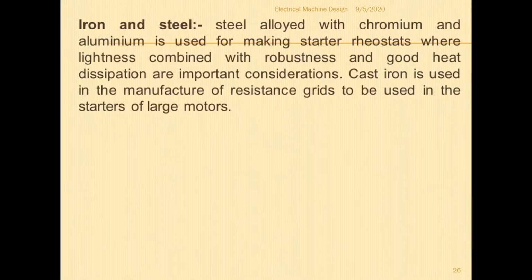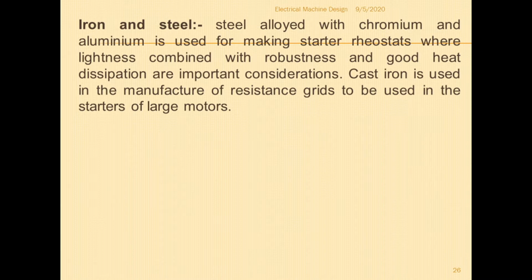Hello students. So let us continue about the first module, that is classification of insulating material and properties of magnetic material. So after studying about the limitations of design and high conducting materials, the properties of copper and aluminum, comparison of properties or the use of copper and aluminum material in the winding. Next we have to see the use of iron and steel.